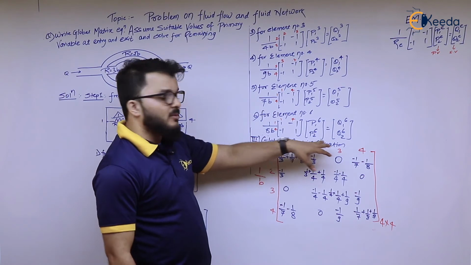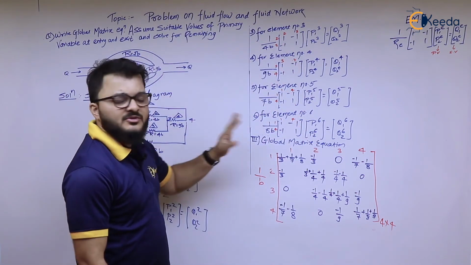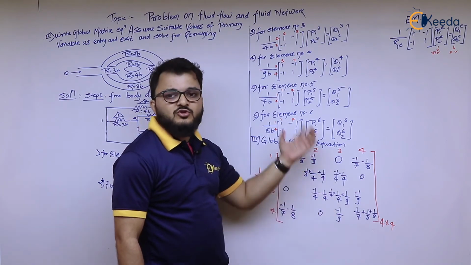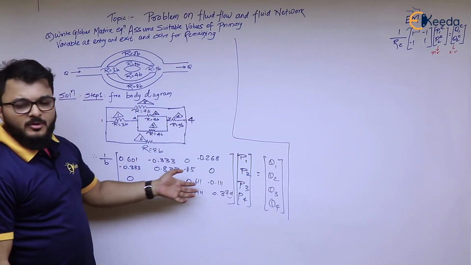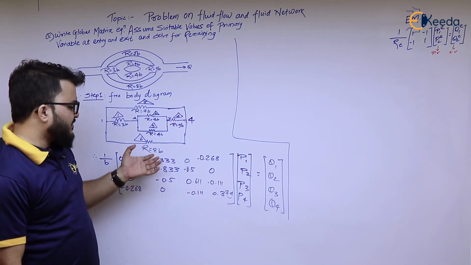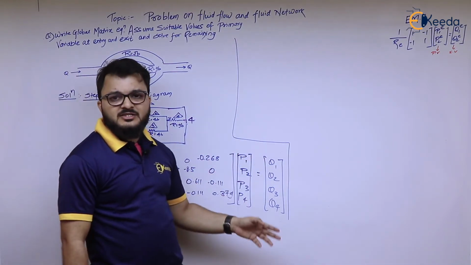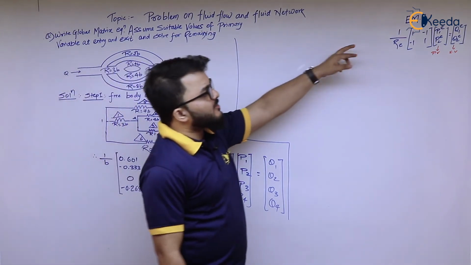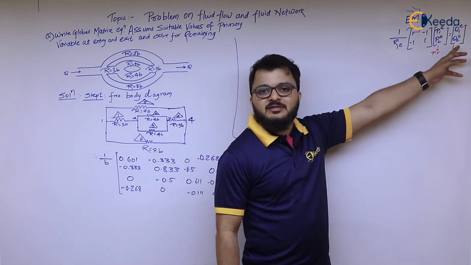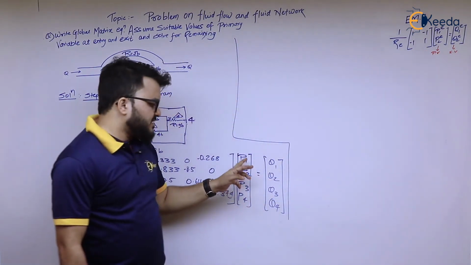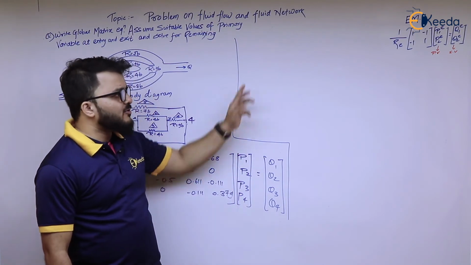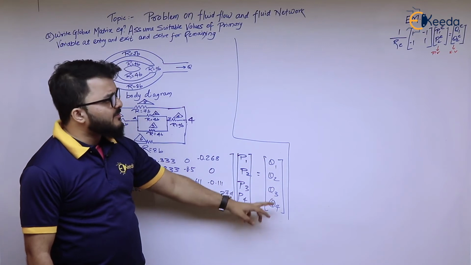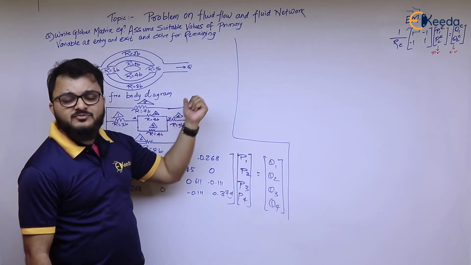I'm preparing this global matrix equation by using this element matrix equation. Now we will use this global matrix equation for solving the next problem. So this is our global matrix equation, which is calculated from the previous global matrix equation in Calci. You know that this matrix equation is also formed by the primary variable and secondary variable. So this is the primary variable matrix consolidated by using the element matrix equation of 6 elements, and this is the secondary variable matrix consolidated by the element matrix for 6 elements.